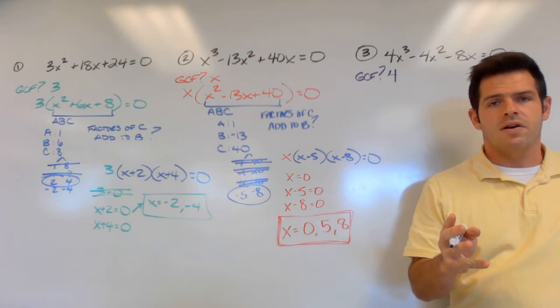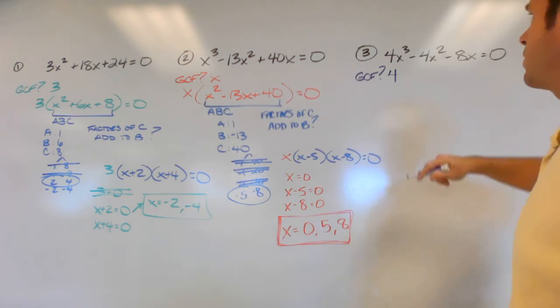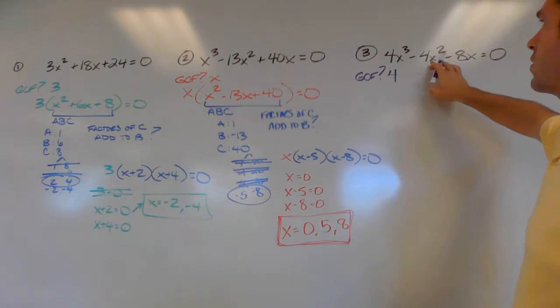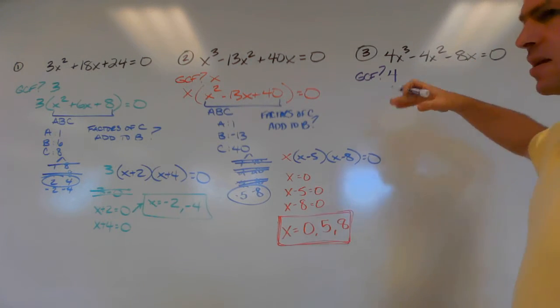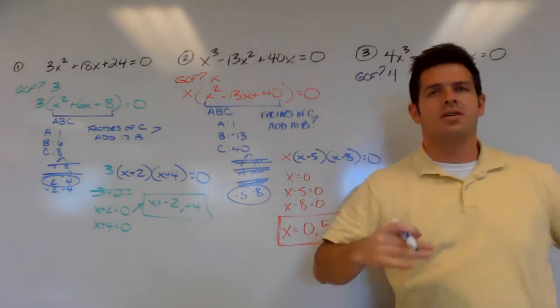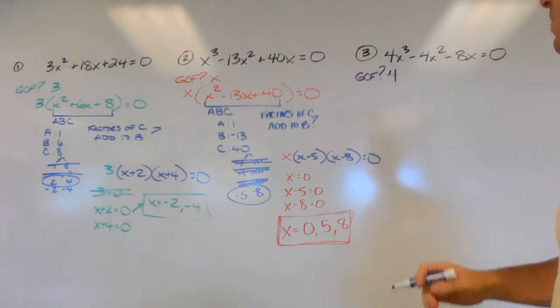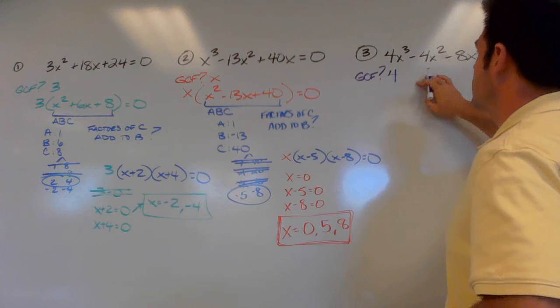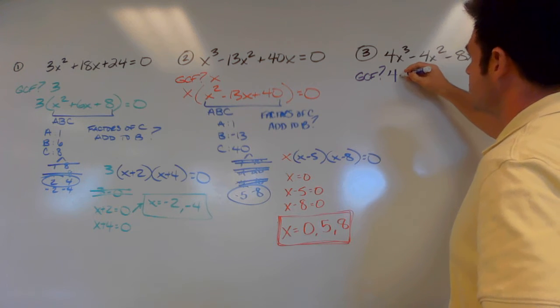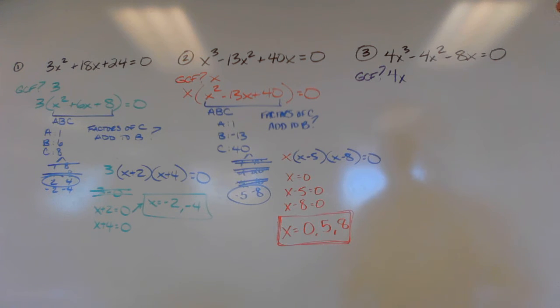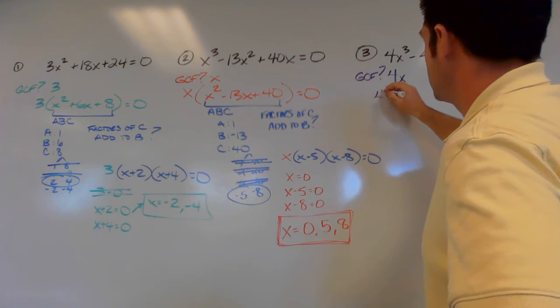And then we take a look at the variables, and do they have variables in common? There's x to the third power, there's x squared, there's x. I said the phrase x each time, so there is in fact a greatest common factor for the variables. The greatest amount that appears in each of them is x. So we'll have 4x as our GCF. I'm going to go ahead and pull that out